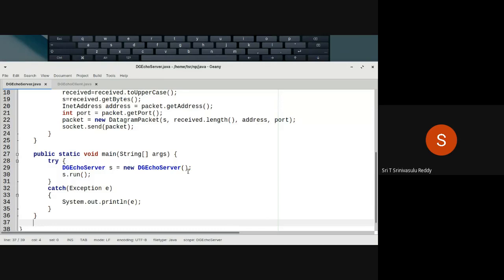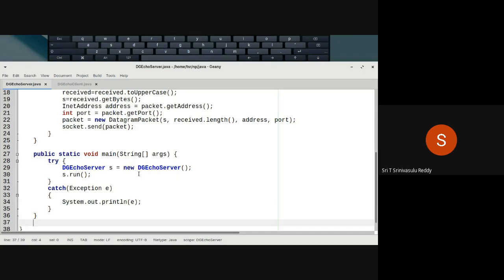In fact, we could have designed this such that we pass the port as a parameter from here. Then it would be much more generic and more useful. Otherwise, right now, it is always binding to only one fixed number. The better design is to pass the port number as a parameter. Anyhow, no issue for the time being.